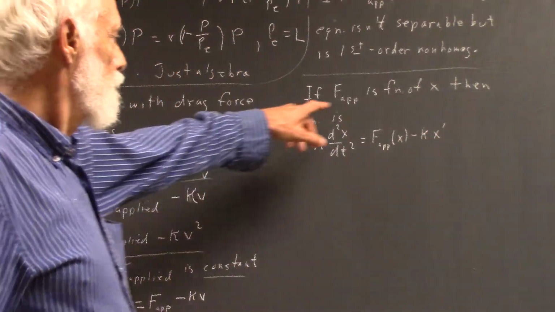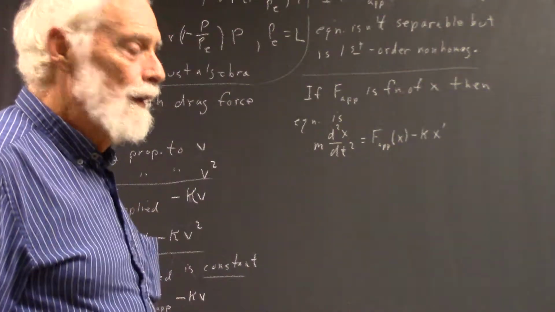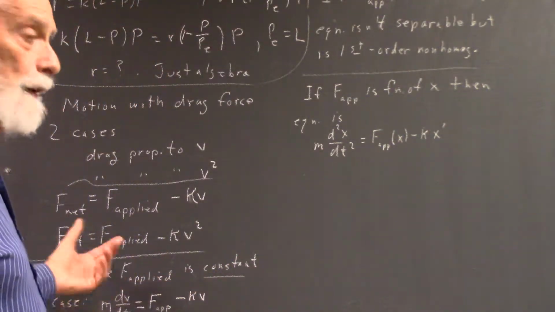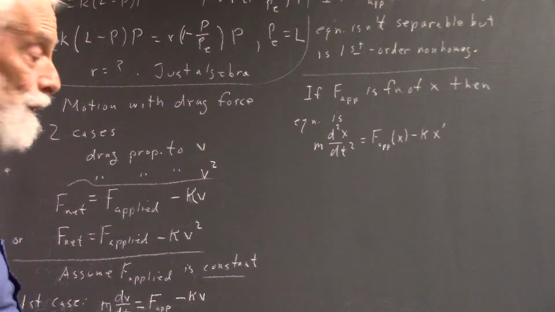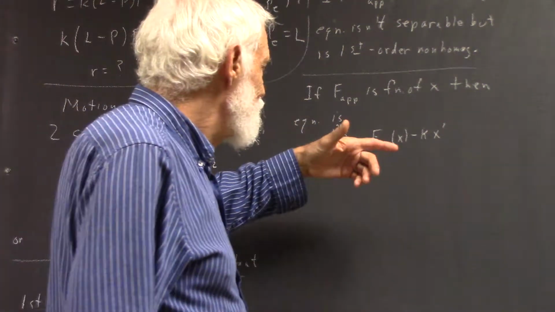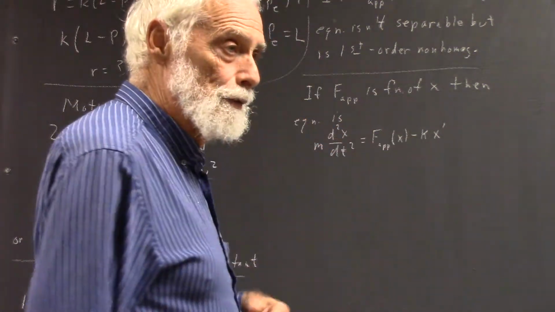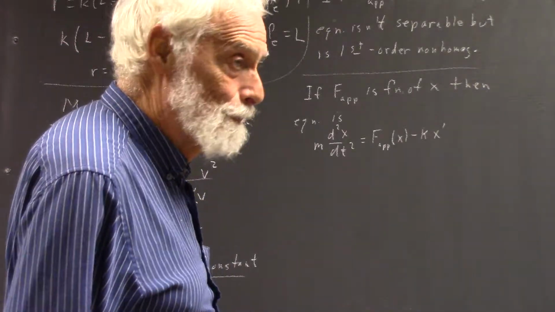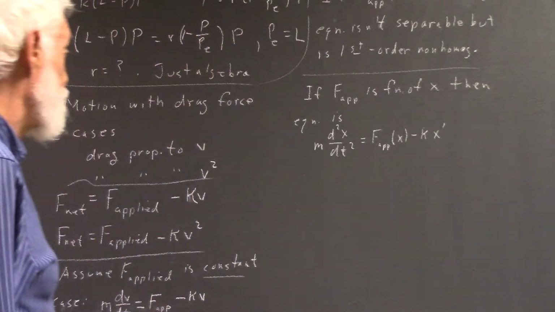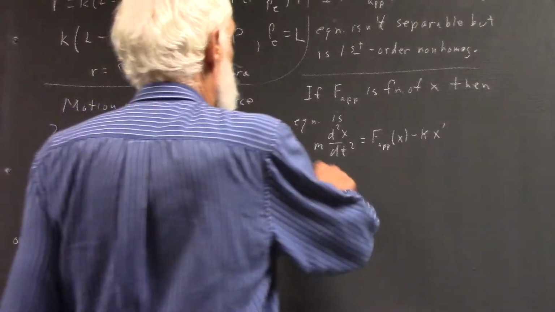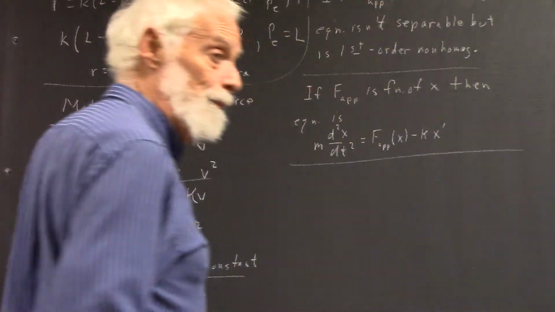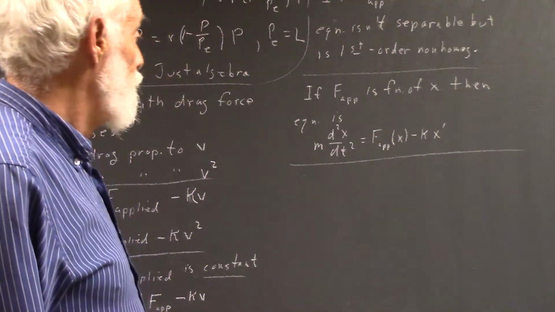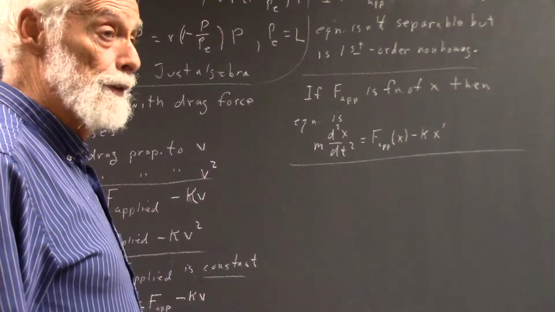If f is a function of x, then you can't use the dv dt thing, because now you've got x, its derivative, and its second derivative, right? Okay? So those are three cases you want to keep in mind. You know how to handle all three cases